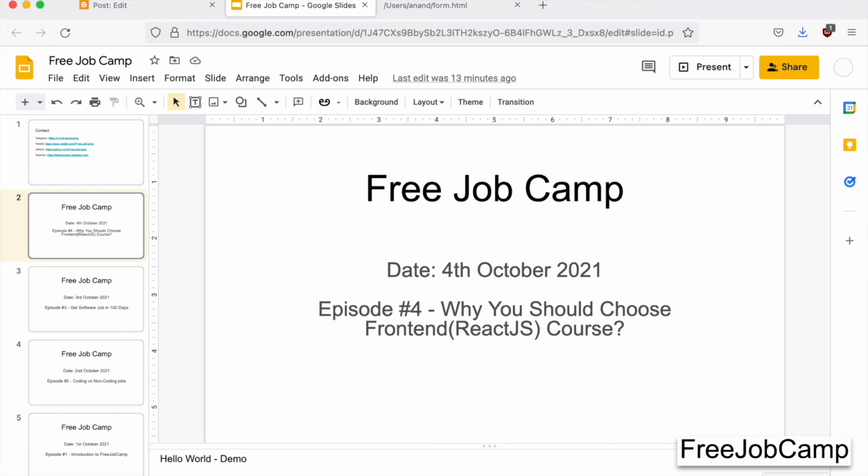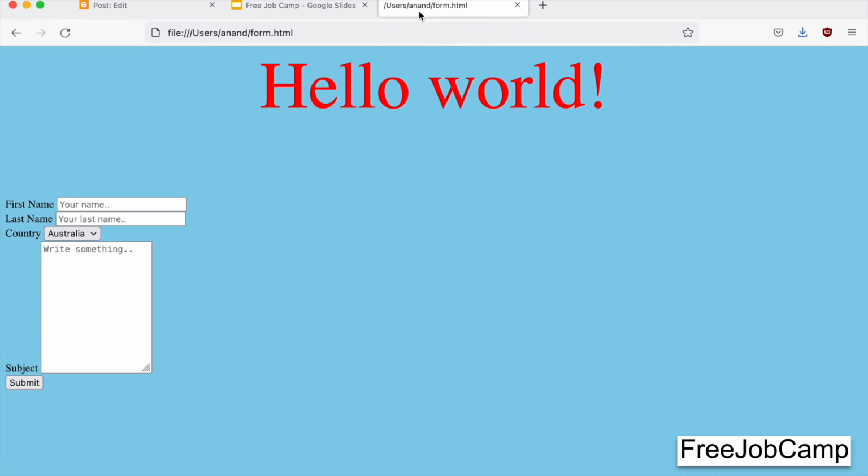And the other advantage is you can easily host your code for free on GitHub or any other website. Since the final code will always be simple HTML, CSS, JavaScript files, you can just host it anywhere on the internet for free. And when you attend job interviews, in your resume, you can just link to your sites. So that is one more advantage.